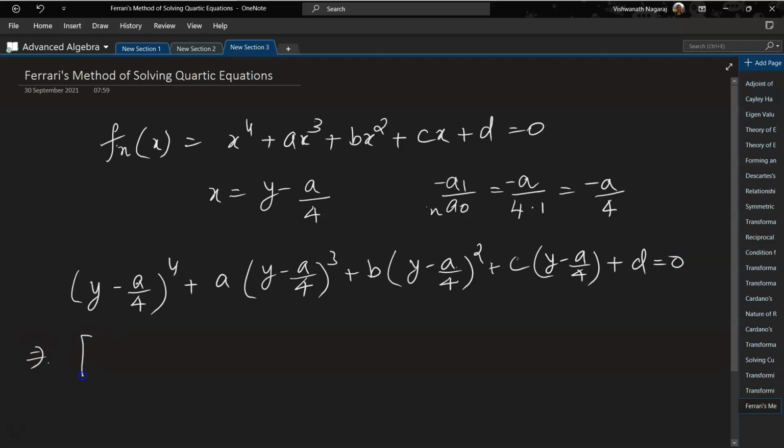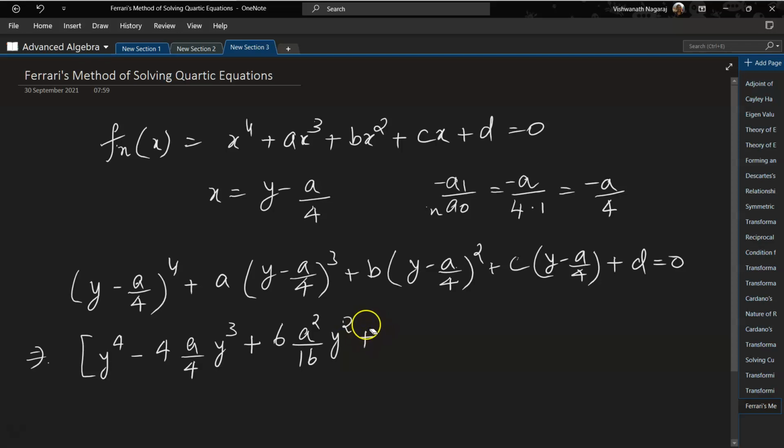We get y to the power of 4 minus 4 a by 4 times y cube plus 6. I'm doing the binomial expansion, so I know the coefficients 1, 4, 6, 4, 1. So this will become a square by 16 y square